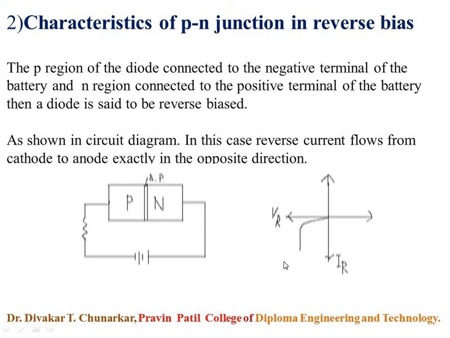So in a PN junction diode in reverse bias, the depletion region and barrier potential are more. The number of ions present on opposite sides of the junction increases, the barrier potential or junction potential increases, and therefore the depletion region and barrier potential are more as compared to the PN junction diode in forward bias.